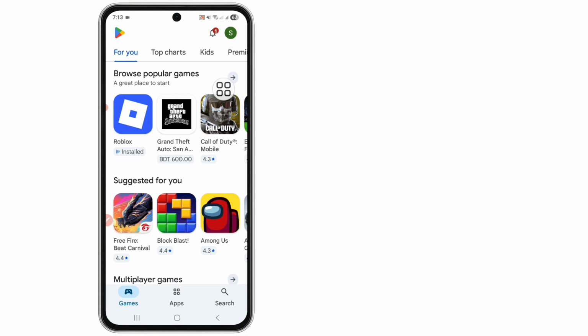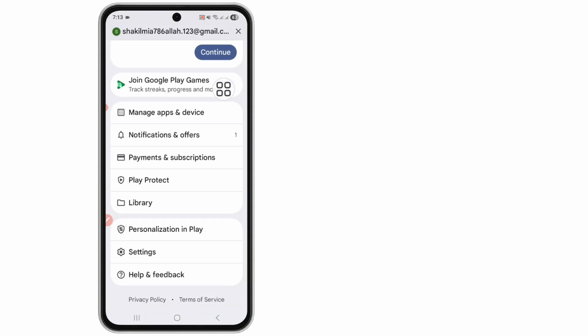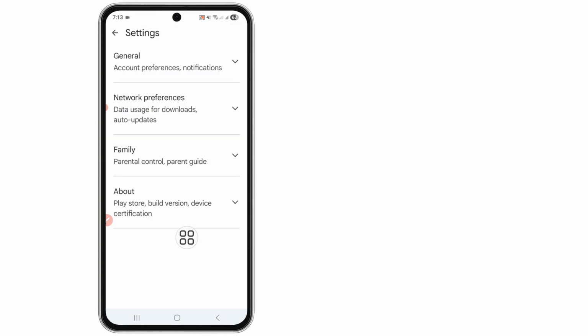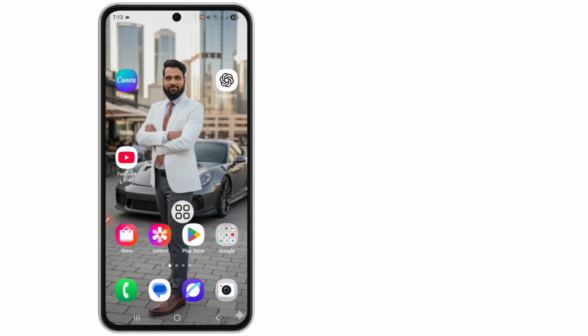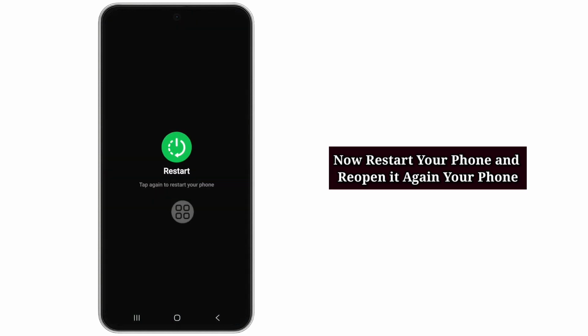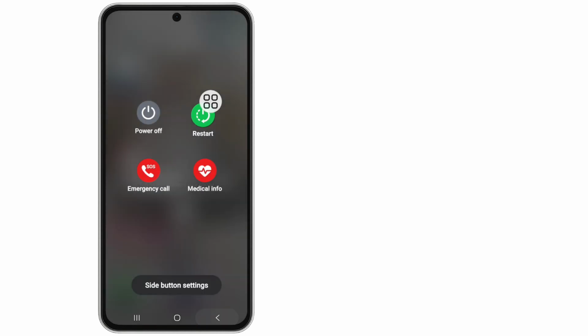Again, tap on the profile icon, scroll down, tap on settings, tap on about, scroll down, tap on update Play Store. Okay, and now restart your phone and reopen it again. Go back and